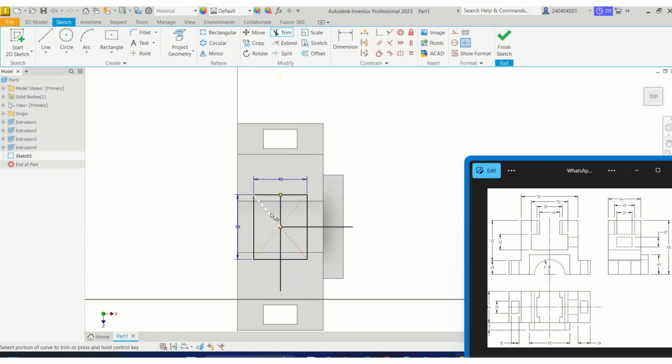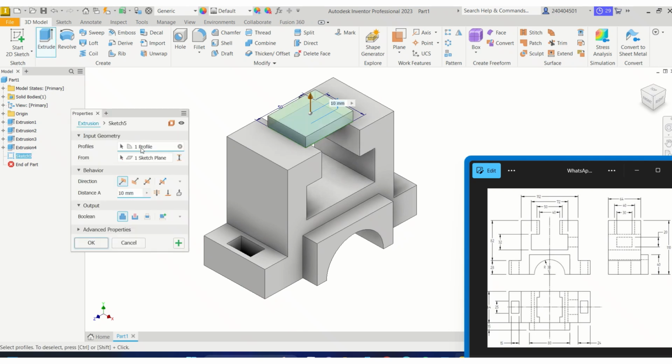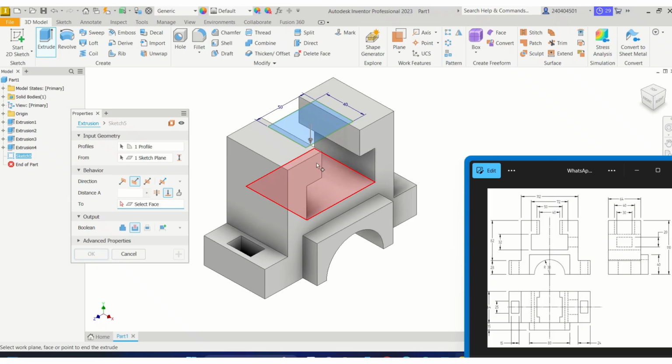So I'm going to trim off. Usually I don't want to take the last one off, so I'll just delete. All right, and I'm going to cut through again. I'm going to come to extrude. The thickness of this one was given to be 25, so I'm just going to use